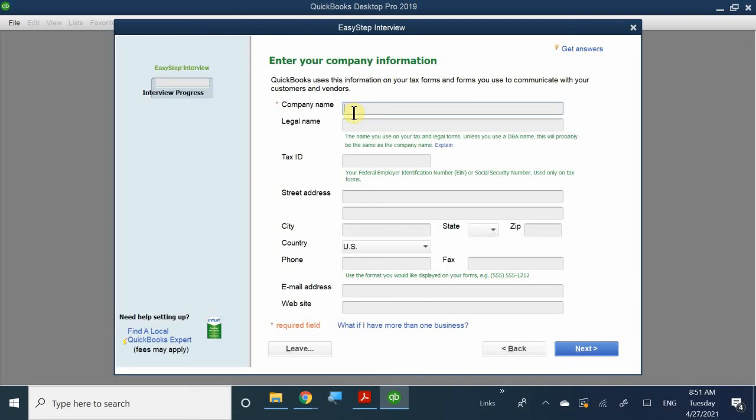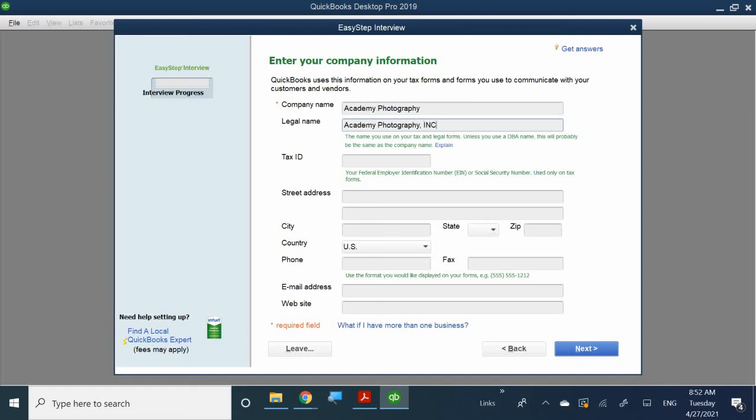So in this case, I believe my company file is going to be Academy Photography. My legal name is going to be Academy Photography